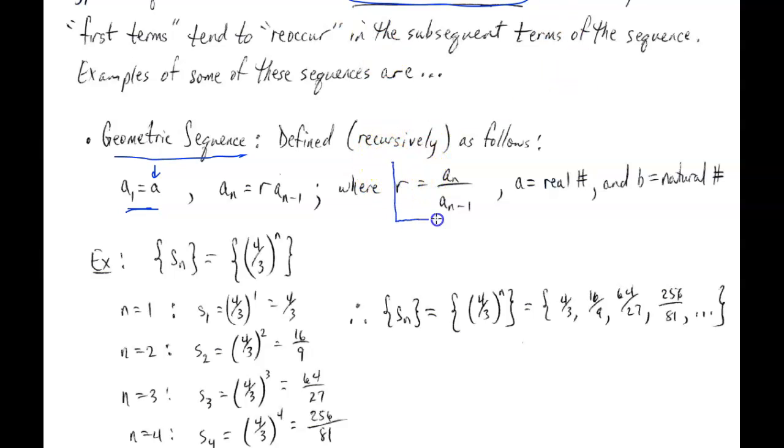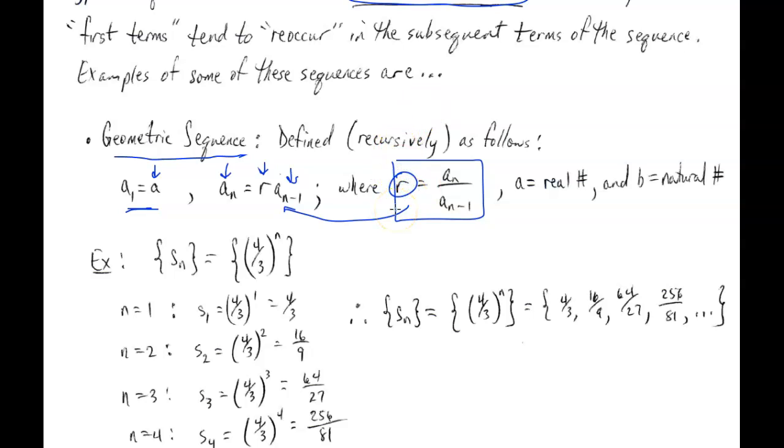Okay. And so that's what this is saying here. And because of this property, we also know that whatever current number we have, we got from a previous number times whatever that common ratio is. Okay. And so with geometric sequences, we have what is called a common ratio, and that is what this R